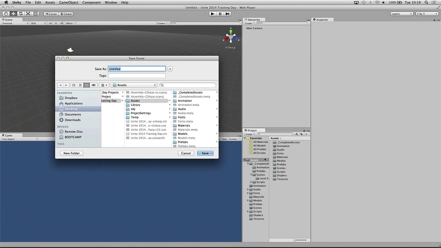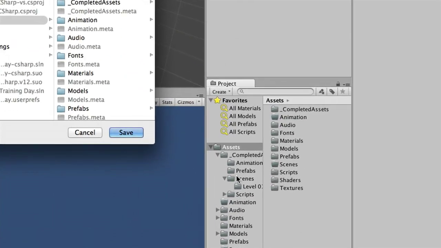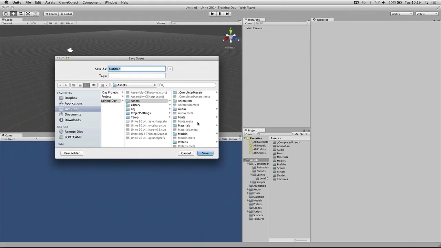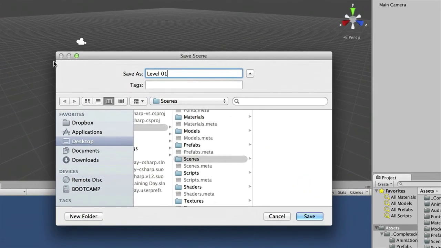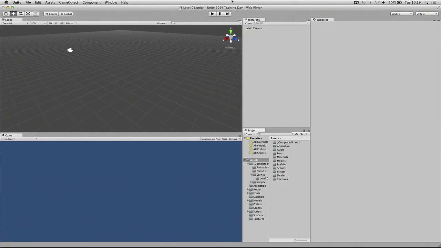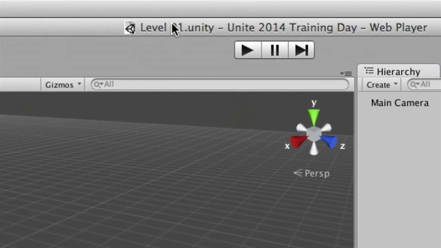So we don't want you to use the completed assets version of anything. Just use the Scenes folder that's in the root of the project. And we're going to call this Level 01. So save it as Level 01 in the Scenes folder. When you've done that successfully, you should see the name of your scene up at the top of the interface.